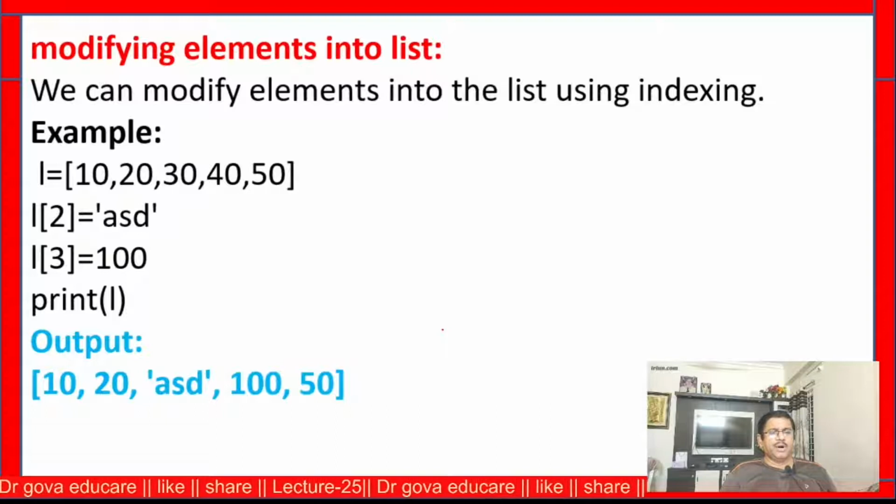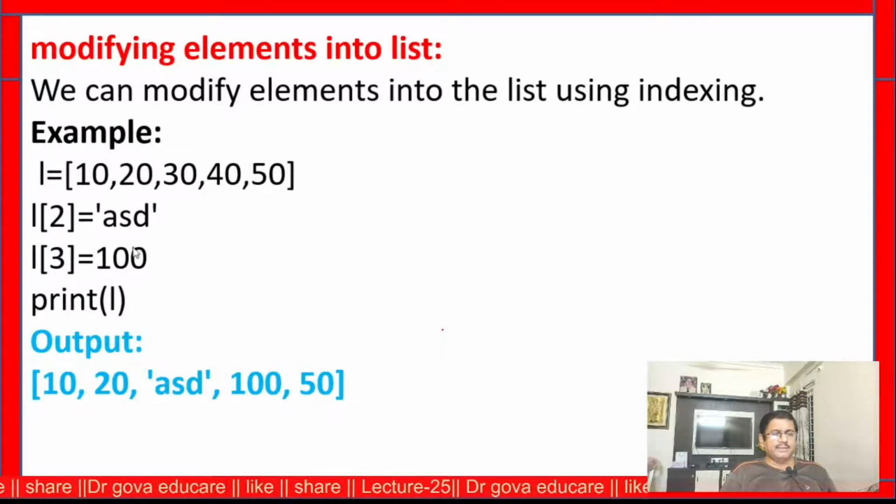Next, modifying elements in a list. How can we modify the elements of the list? We can modify elements in the list using indexing. For example, L is equal to 10, 20, 30, 40. Now I want to replace the second index value: 0, 1, 2, so 30 is replaced by ASB.